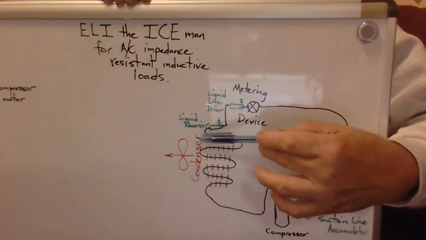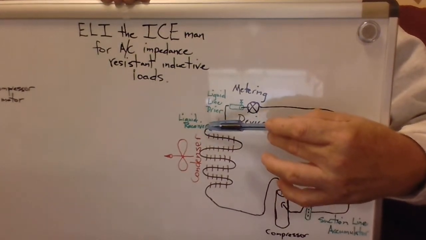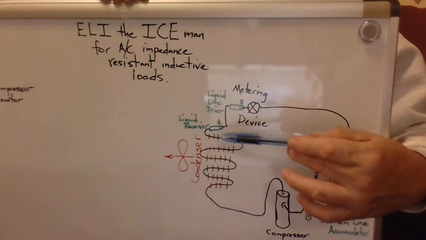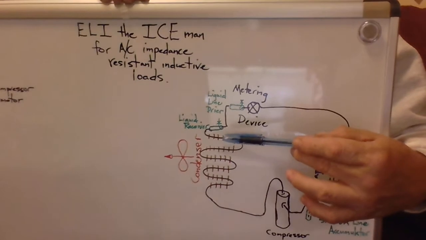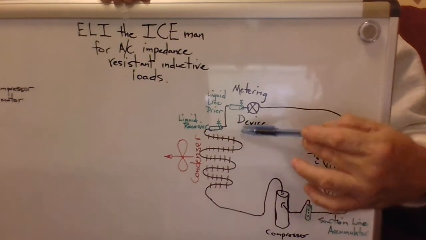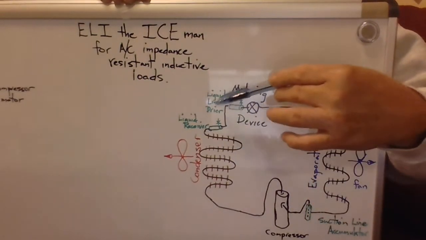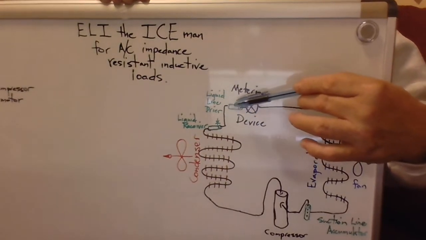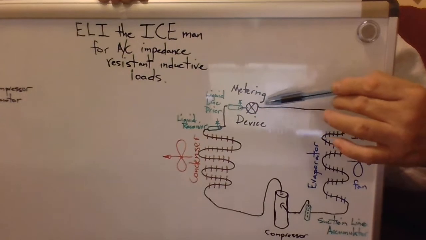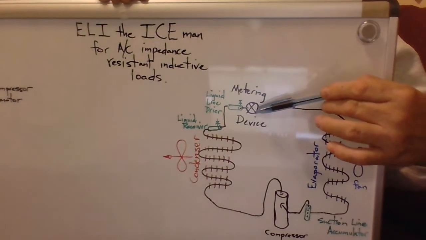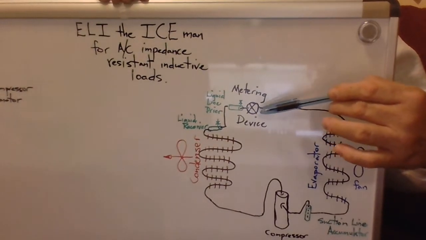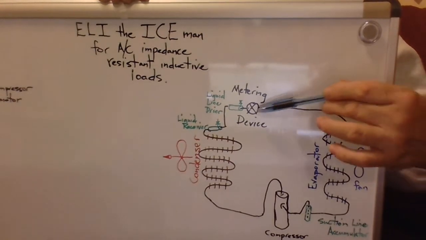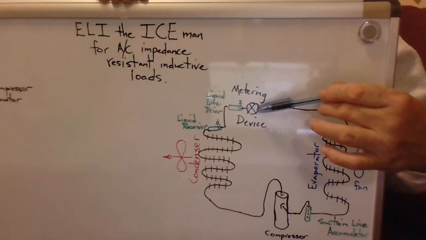This is where your subcooling takes place. And then if you come on around to the liquid receiver, which is usually on refrigeration systems, not necessarily high temperature AC, but you almost always will have a liquid line dryer before the metering device, and then you have the metering device, whether it be a piston, capillary tube, TXV, electronic expansion valve, because that's where the metering takes